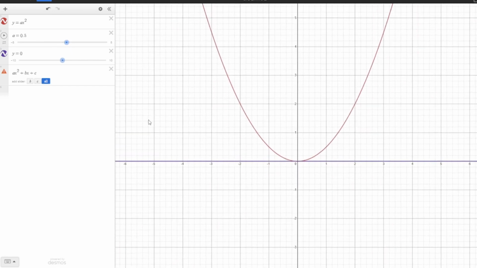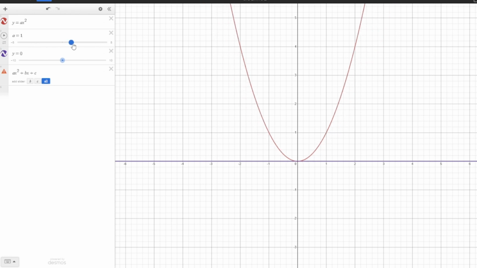So, if you're learning this in Math 20-1 for the Alberta curriculum, I don't think there's too much about stretching and compression aside from theory based, but it's helpful to know what the shapes would look like and how it's dependent relative to a. Now, if I set this to a equals 1,